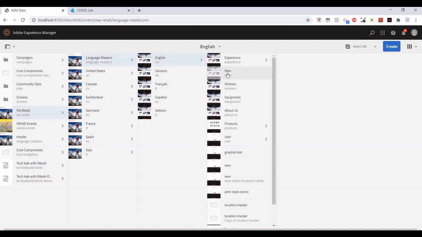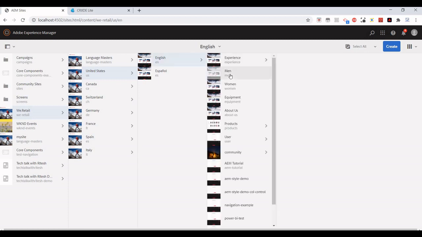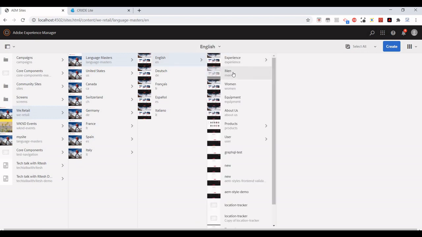For example, I have this main page here, and if I go inside US EN, I have the same page. Rollout configuration is nothing but defining a few criteria: if an author comes to this page under the master copy and pushes some changes, I want the same changes to be replicated on each language copy. These are live copies, US, CA, CH, and this is my master copy. I'm pushing the changes into the master copy, and all changes should be replicated to the language-specific copies.